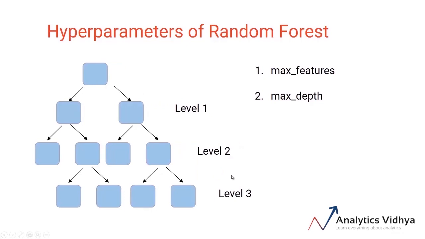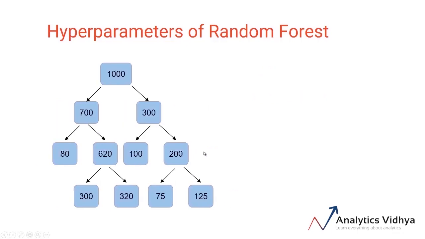Another value that we can control is the minimum number of samples required to split a node and the minimum number of samples at the leaf node. So for instance, if I have 1000 data points and after the first split, I have 700 in one node and 300 in the other node, and here are the values of number of data points in each of the nodes after splitting. Now we can set the criteria that a node will split only when the number of samples in the node is more than 100. So this node with 80 samples will not have a further split. Same is the case with this node and this node, since our condition is that the number of samples should be more than 100.